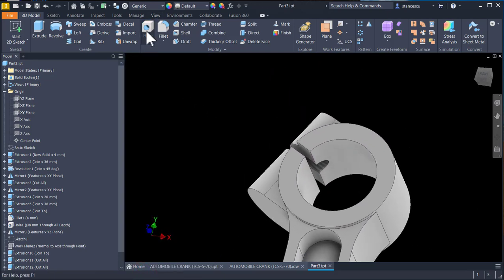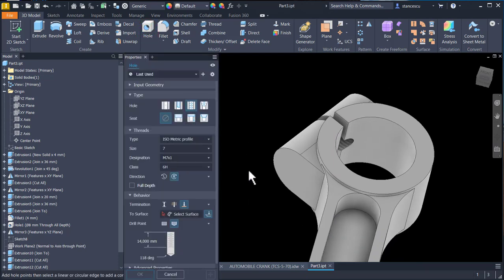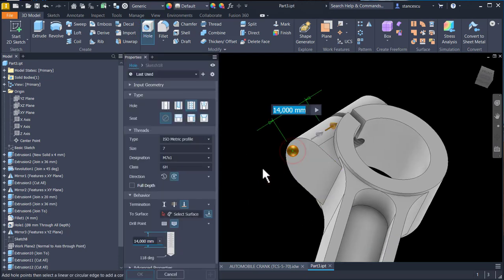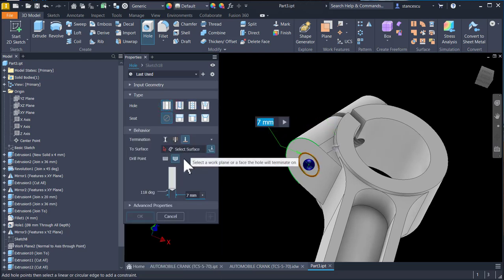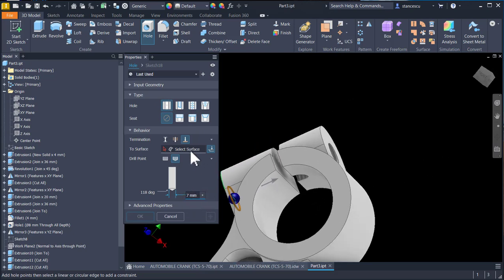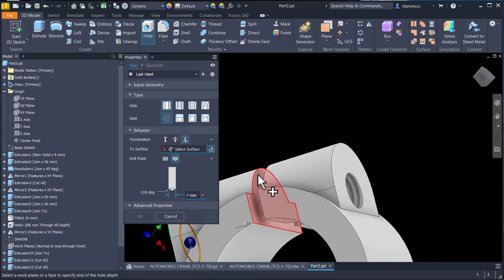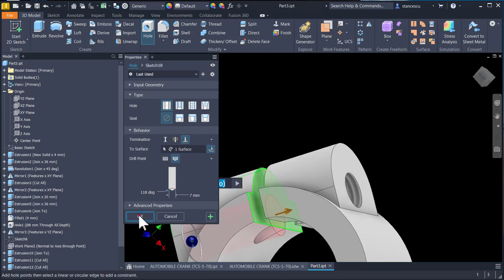Then the other one, starting from here with this center and not threaded, diameter of 7 to this face. Okay,